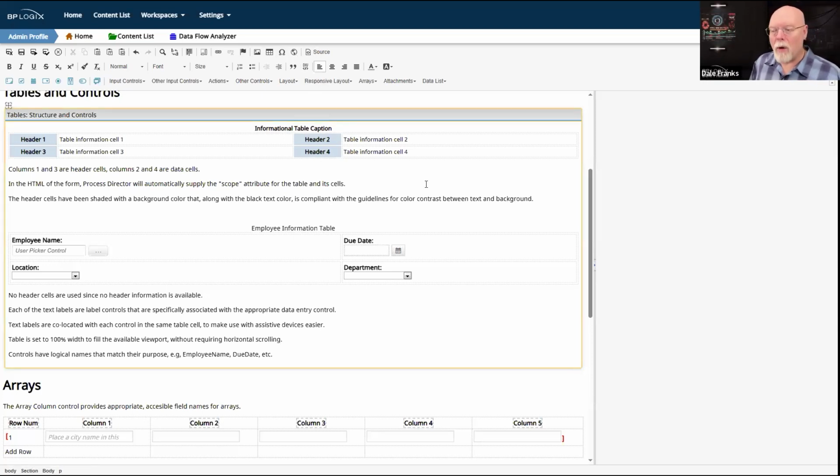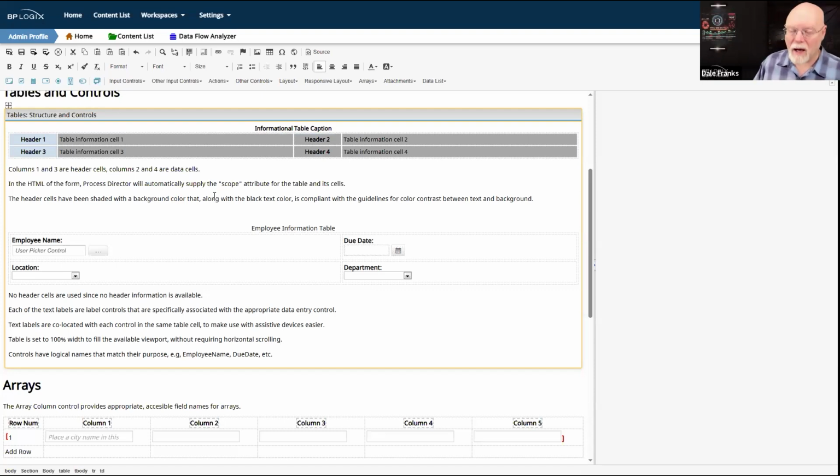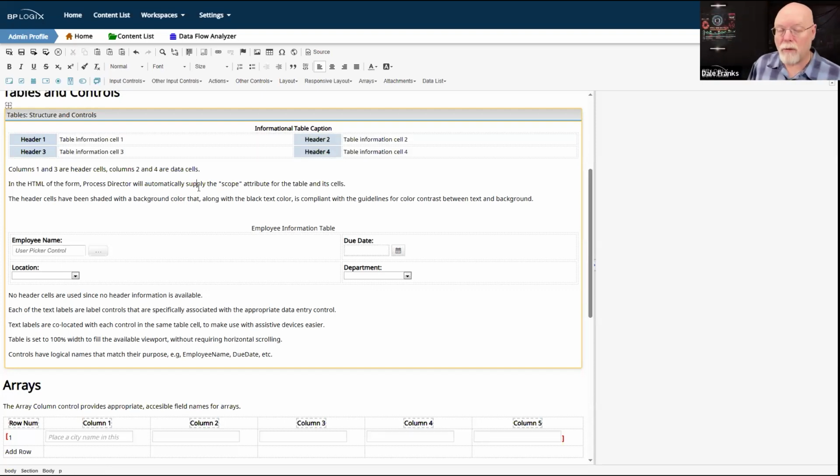So if you're using a table for general layout, the table caption is not really necessary. However, if you're not using it for layout, for example, if you are presenting data in a table, so for example, I want to use a business value to take a whole bunch of array controls and fill them with data from a business value.